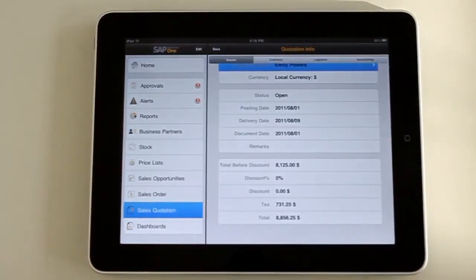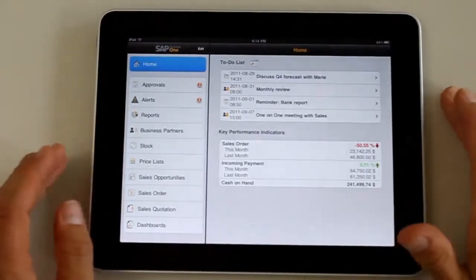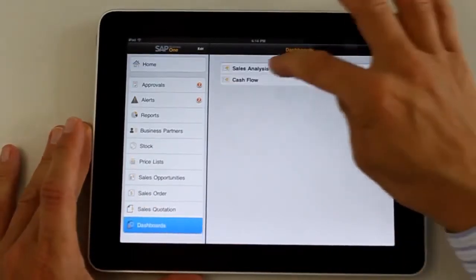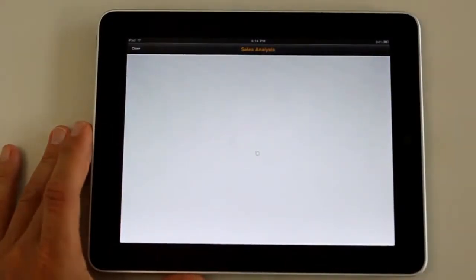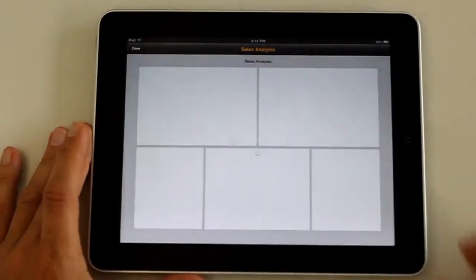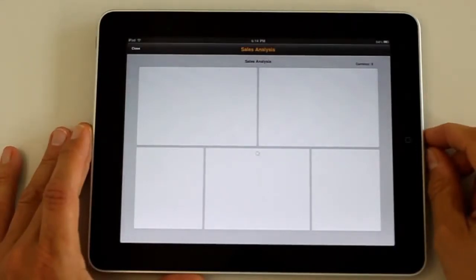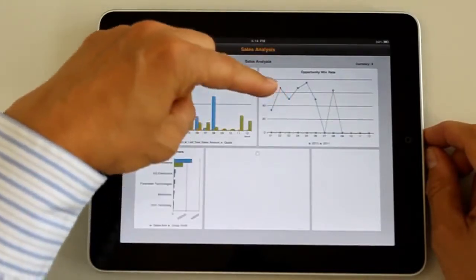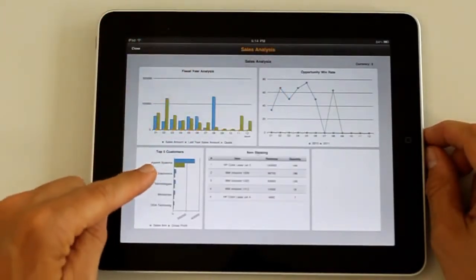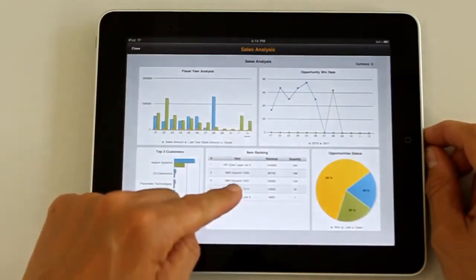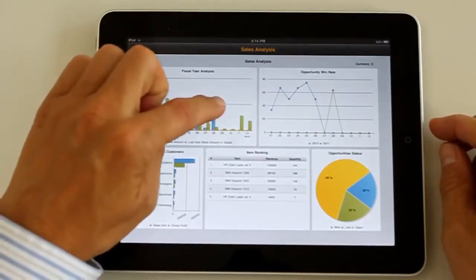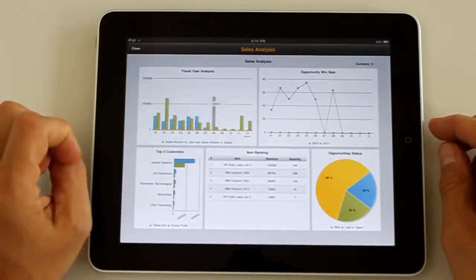And now I'm going to look at something that is really good looking on the iPad and new in the 1.3 version, and that's some standard dashboards. So we're going to look at sales analysis. So the system is going to now build up different types of pieces of information. It will start with some fiscal year analysis for how you're doing sales-wise. It will talk about the opportunity win rate, the top customers, the top items, and then an overview of opportunity statuses. So you can actually then double tap on any of these